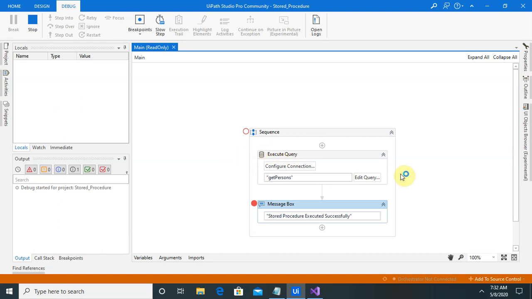It will execute only this part of the activity, and once it reaches here, after completion of this, it will stop our execution and we can see the output in debug mode in this block.